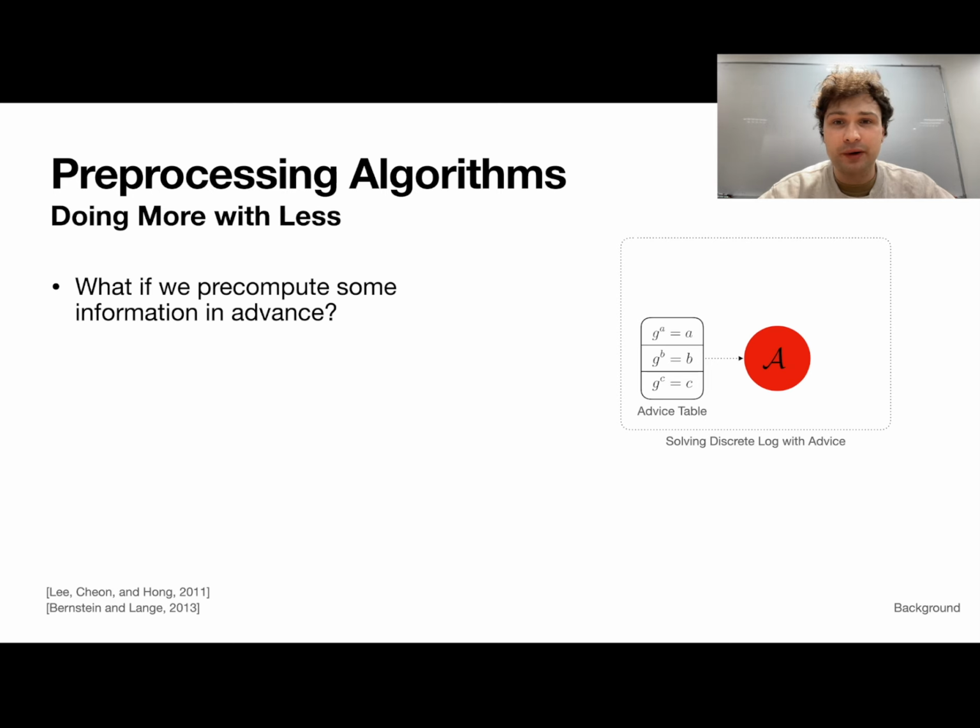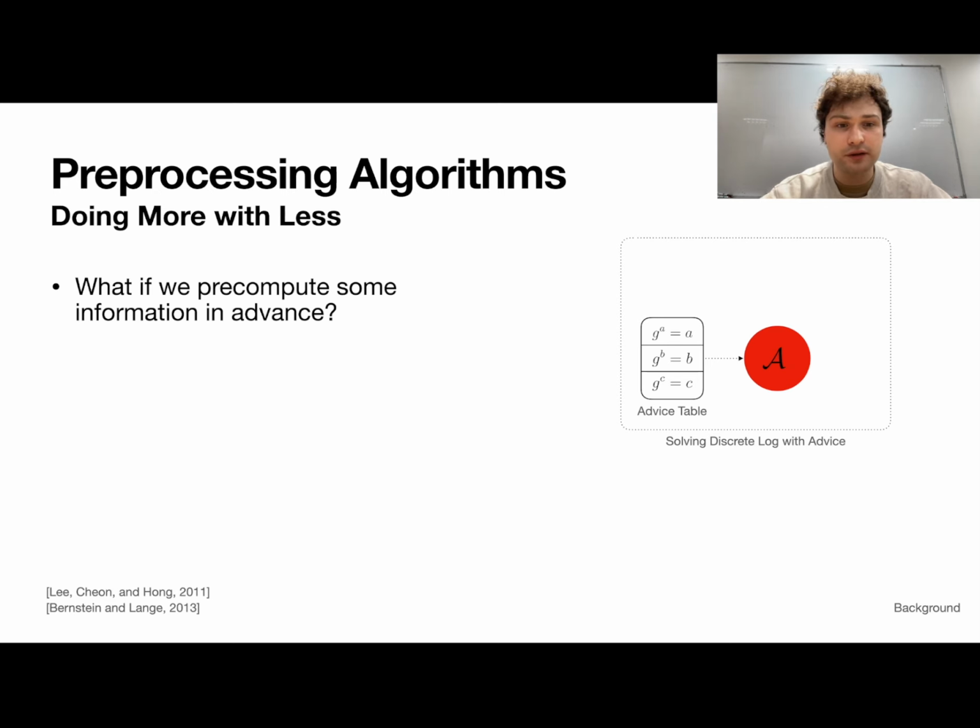But what if we allow algorithms some sort of pre-computed advice table? This is a common technique that we see when looking at, for instance, collision-resistant hash functions, where so-called rainbow tables allow you to simply look up challenges as they come in and answer them in constant time, where previously you would have had to perform the birthday attack. The question is then, let's allow computing advice in this setting.